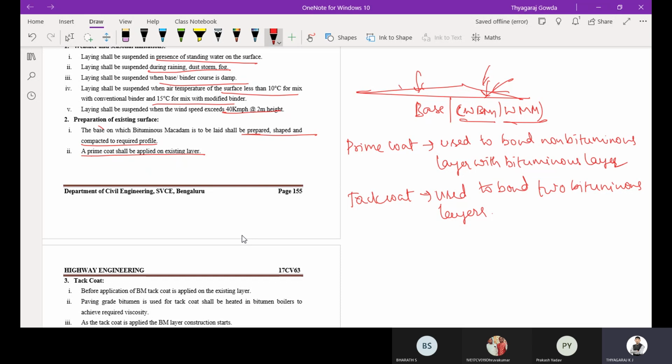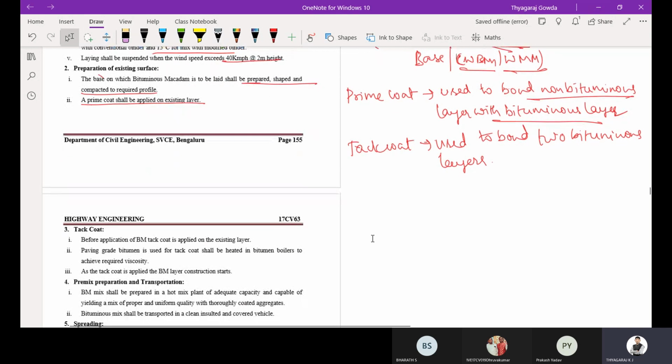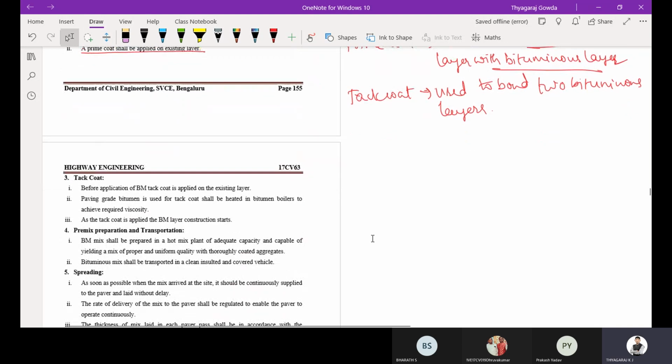Since we are laying bituminous macadam, which is a bituminous layer, and the existing layer is non-bituminous, we will apply the prime coat on the existing non-bituminous layer. Then after applying the prime coat, we are going to apply the tack coat.